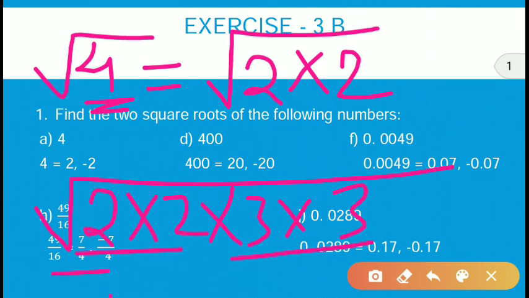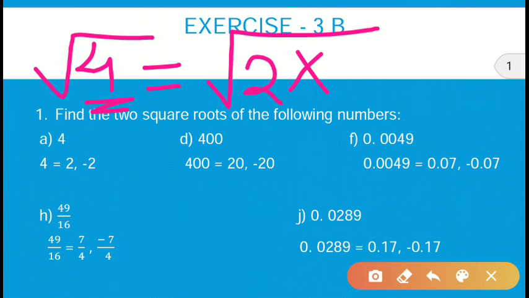Okay, so from this pair you write only one 2 out from the square root, into from this pair you write only one 3 outside this square root. Clear? This is one pair, this is another pair. So from one pair write only one digit out from this square root, and from the other pair write only one digit out from the square root. Clear? So how you will write this?